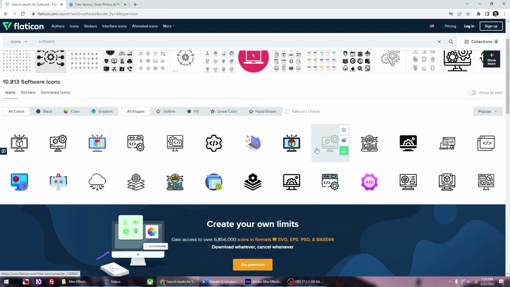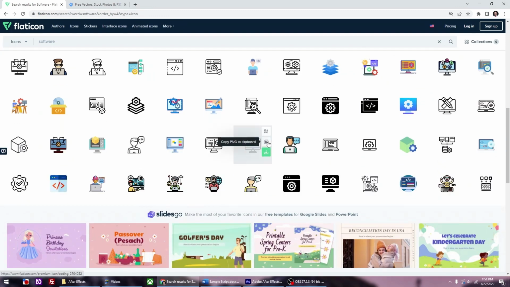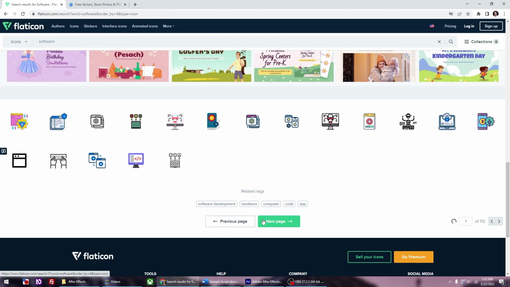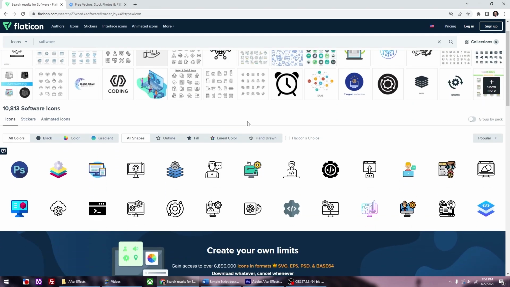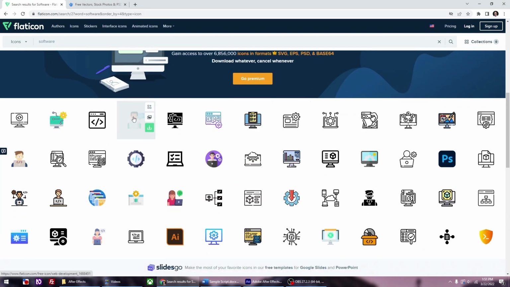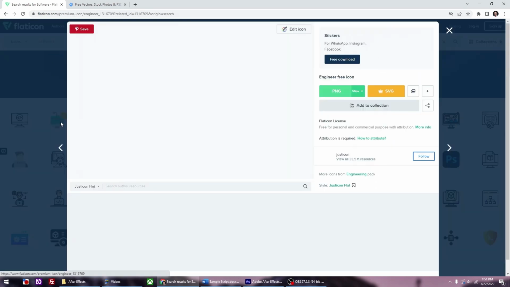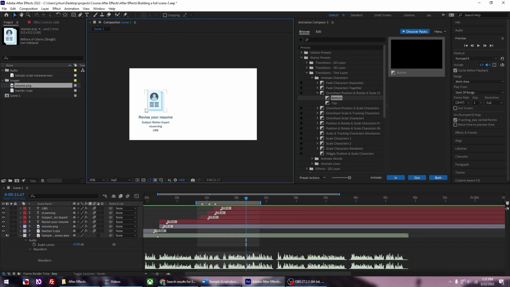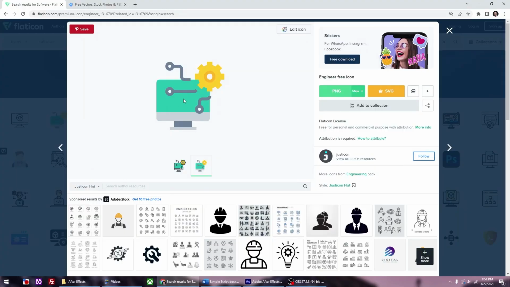All right, here we go. We got some good ones. There's some more. Again, you'll be spending a lot of time trying to find the right asset that goes in with your design. All right, maybe we can use something like this. We want to keep consistent with the style and colors of the first icon, and I think this one might be okay. So we're going to download the PNG,